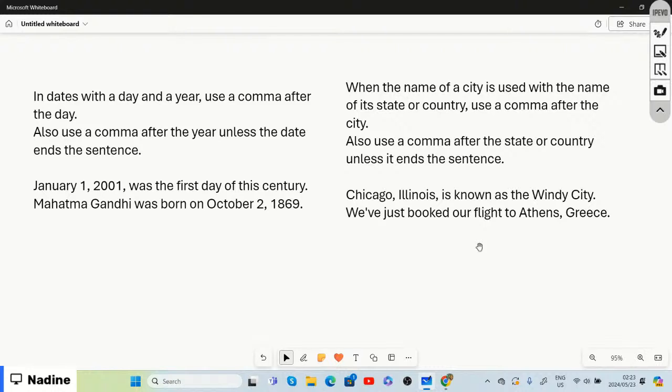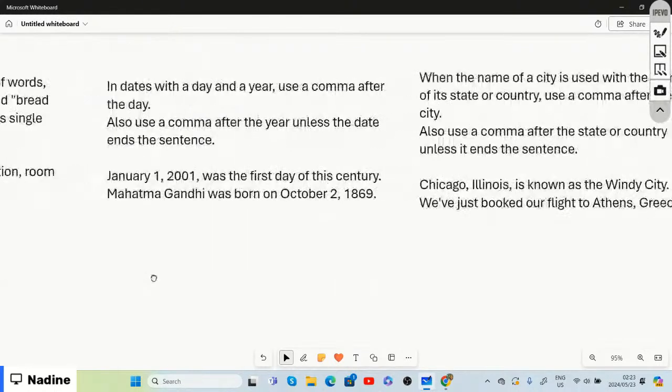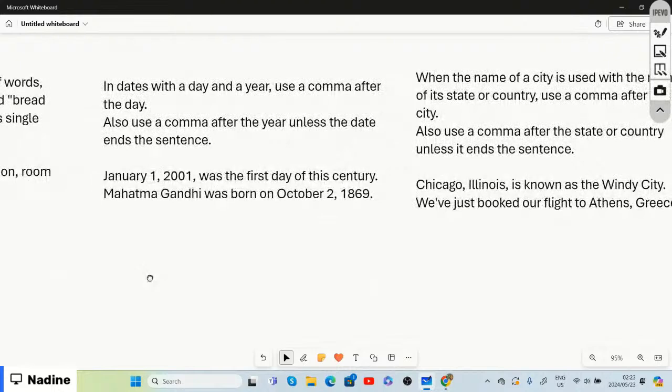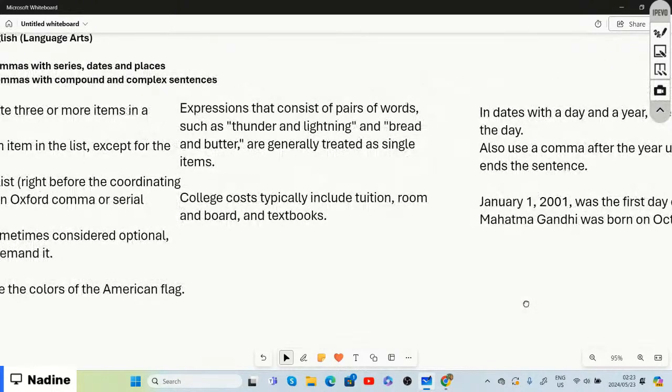So there are many different ways in which we can use our comma. We said we can use our comma for a series of words, and now we can use our comma in dates with a day and a year, and also